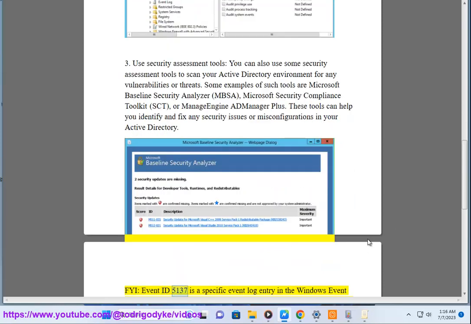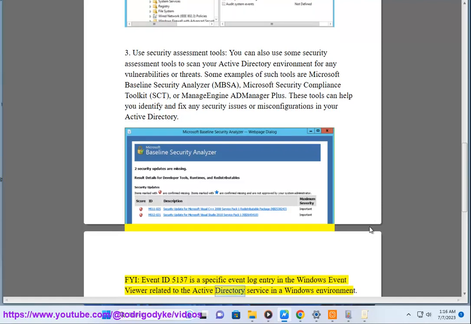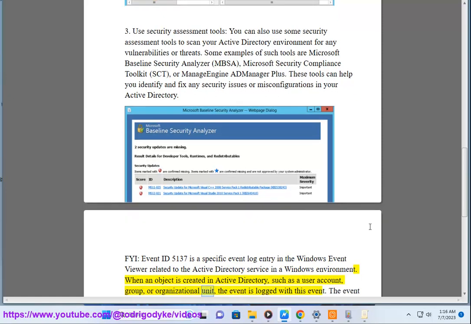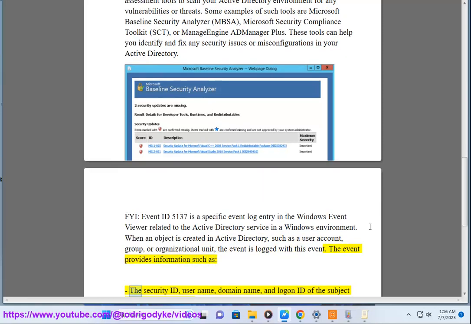FYI, Event ID 5137 is a specific event log entry in the Windows Event Viewer related to the Active Directory service in a Windows environment. When an object is created in Active Directory, such as a user account, group, or organizational unit, the event is logged with this event. The event provides information such as the security ID, username, domain name, and logon ID of